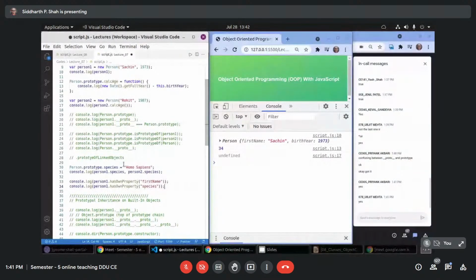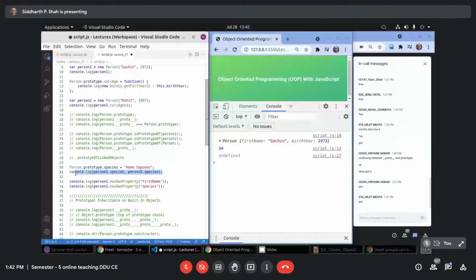Now, whatever property or method you add inside person.prototype, they will be available to all the objects which you create using this constructor function, using new Person. So this species is a property which will be available in person1, person2, or whatever objects you create. So now I log person1.species, person2.species.